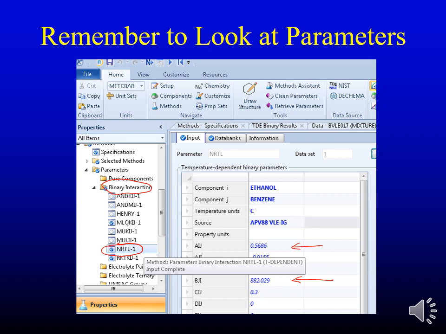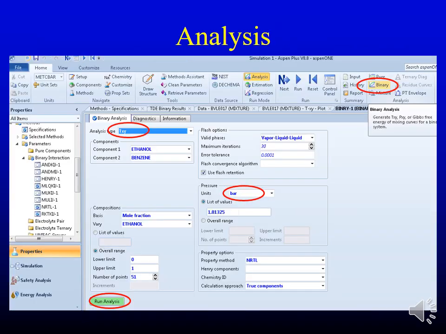The question is, how well do those match the experimental data that we chose? So we have experimental data, and we have database parameters. They don't necessarily match. And so it's always good if you have experimental data. The best proof that you've chosen a good model and good parameters is to show that the TXY diagram you calculate using those parameters matches the experimental data. So what we can do next is, we've chosen a property method already, and